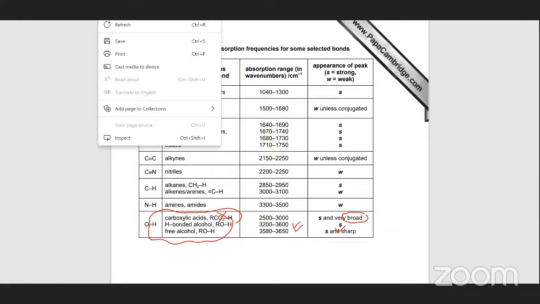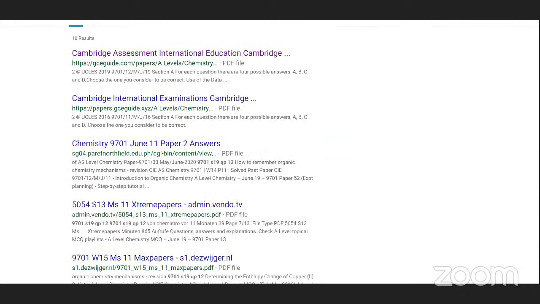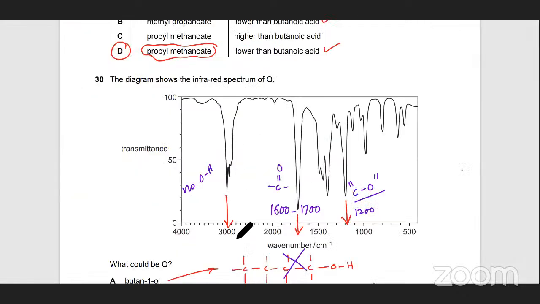But our peak, in our case, is around the 3000 mark. Now, considering the fact that there might be some variance, because absorptions always have a range and the molecule looks different, maybe I can go with an OH. Maybe I can accept this as an OH,